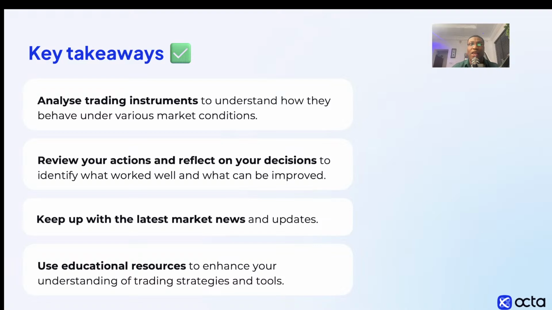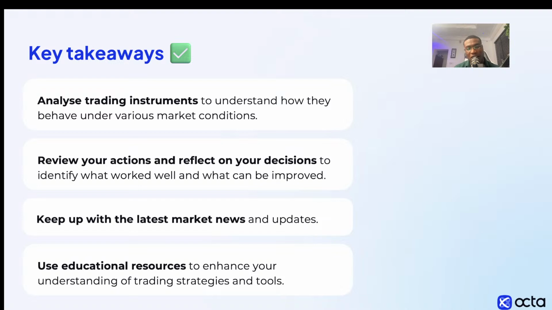Even if it's one currency pair that you're doing massively well at, you may want to trade gold, but you could be doing well at AUD CAD or Euro CHF. Capitalize on that. I'm not saying you should not learn about gold if that's your dream currency, but guys, it's really about what works for you in this market. There are a lot of strategies, there are a lot of pairs. Whatever works for you is what you want to capitalize on.